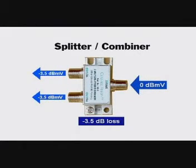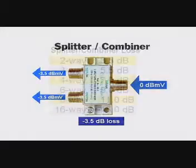Because they divide the signal, they divide the power or amplitude between the outputs. The outputs of a two-way splitter are typically 3.5 to 4 dB less than the input. Your workbook has a table